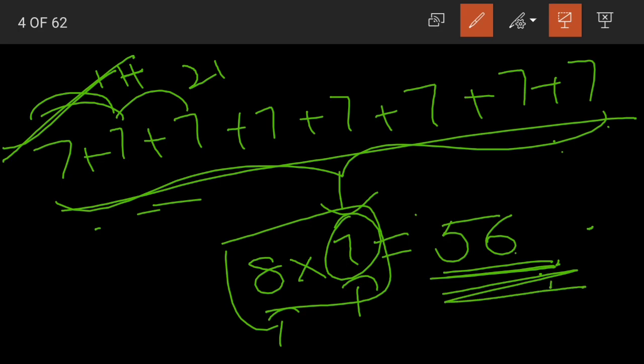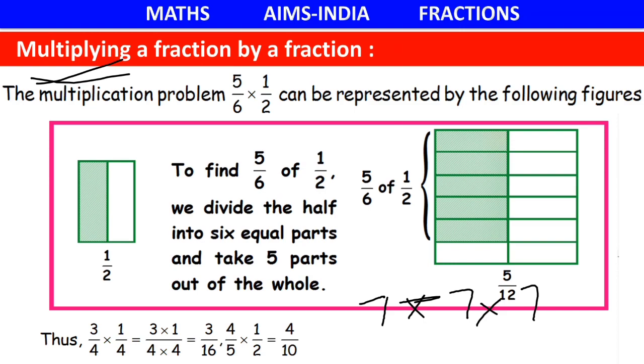In the same way, when we are adding or subtracting fractions, it is complicated. We need to check whether they are like or not. If they are not like fractions, we need to find out the LCM and convert them into equivalent like fractions. But in case of multiplications, things are very easy. No matter what the fractions are, we simply multiply the numerators and then divide it by the product of the denominators. Clear, students? You can remember it like this.